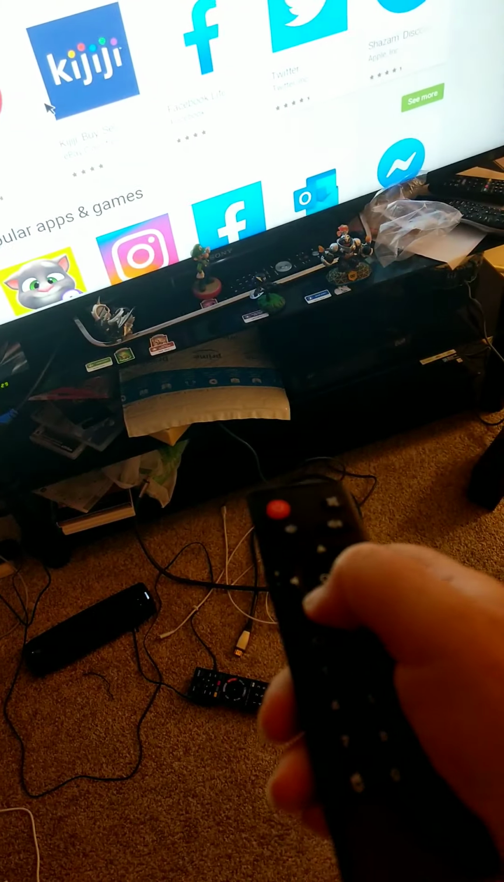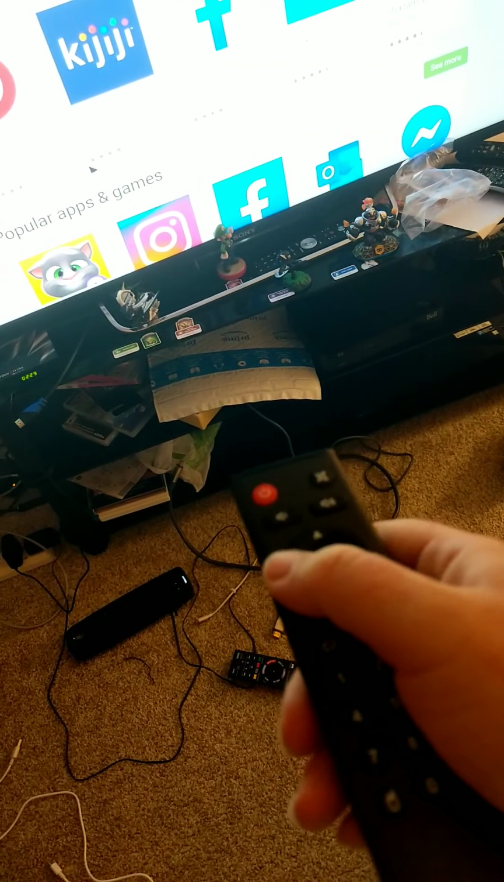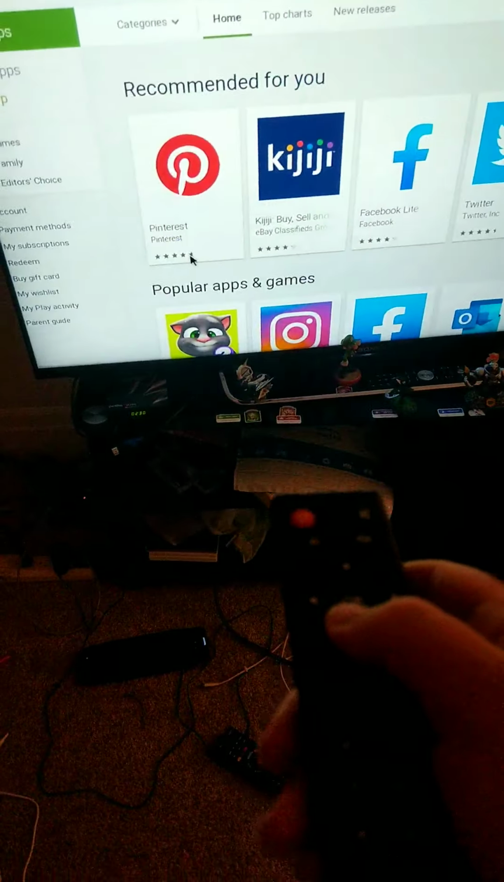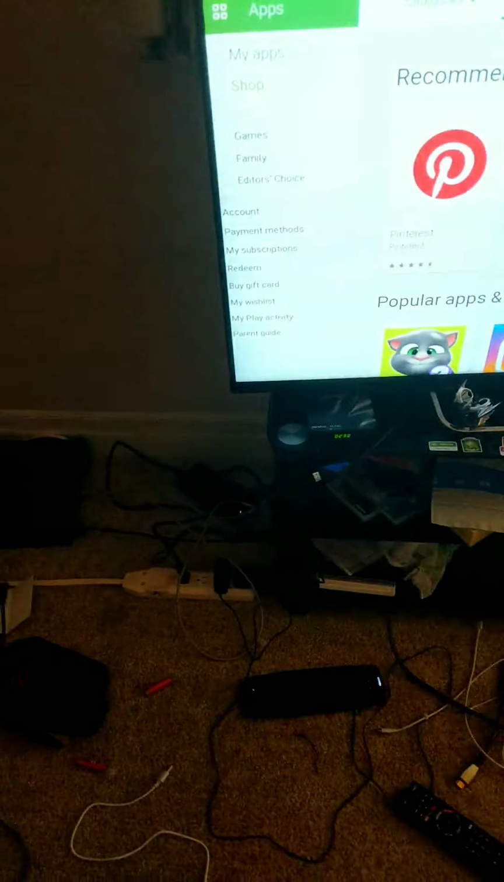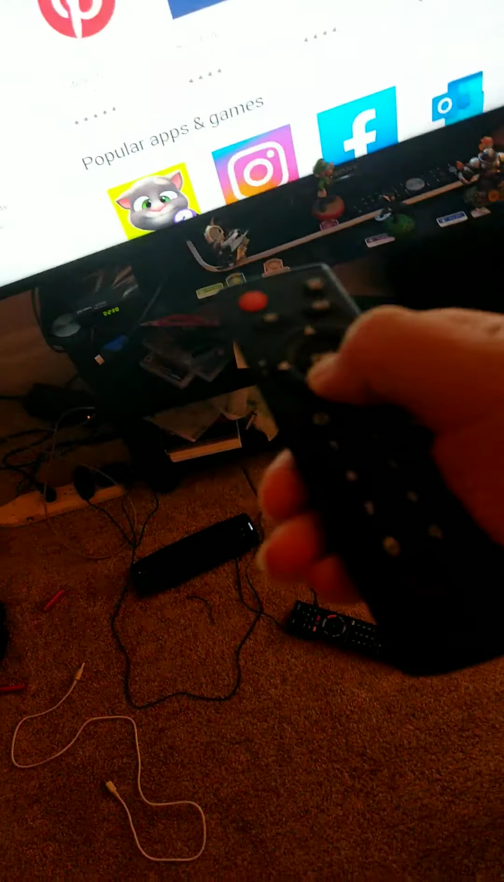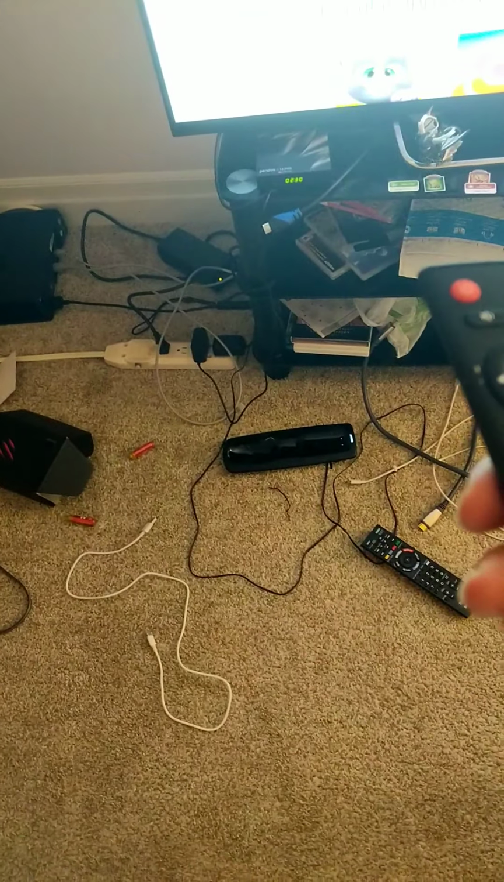Guys, there's one called Shazam. Alright, here's one. I'm going to show you the different ones. See, you could go on mouse mode. Oh, it's acting up a bit, but